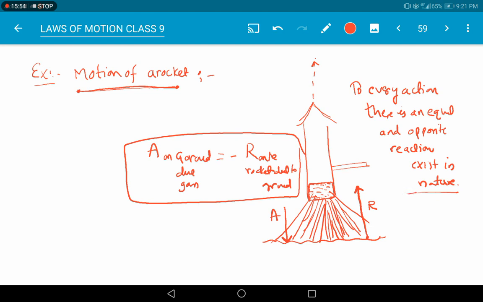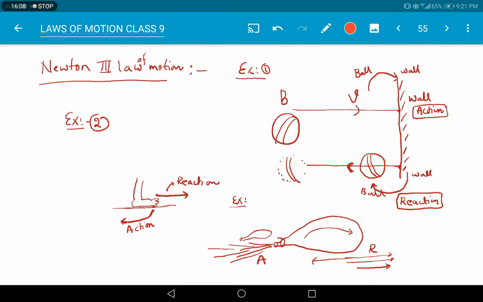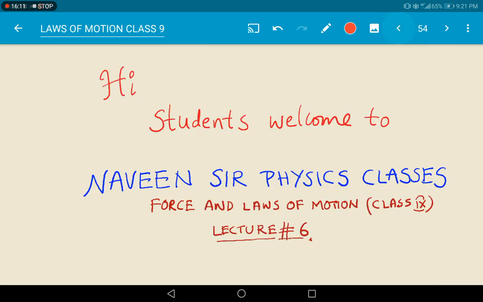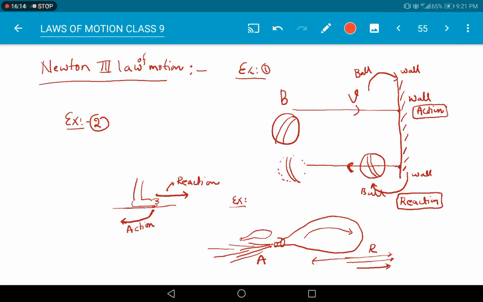We will continue in the next session. We are going to discuss the law of conservation of linear momentum. Take the notes with examples. Examples are important based on Newton's third law of motion: to every action there is an equal and opposite reaction. We should analyze clearly on which body the action is acting and on which the reaction is acting. Then only can we know whether Newton's third law or Newton's second law is applicable. Take care, stay safe.